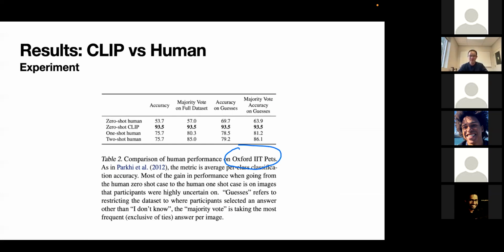So from this result, we can see that quite surprisingly, zero-shot CLIP beats the human performance, which is quite crazy. But as I mentioned, this is one dataset, and this dataset is very objective, and